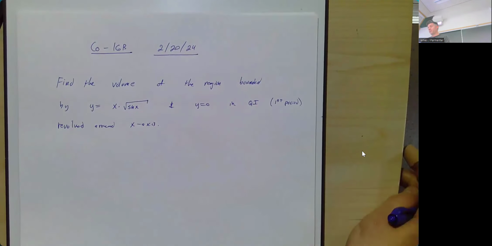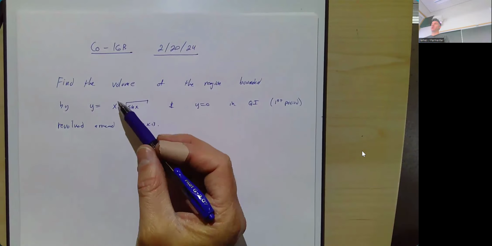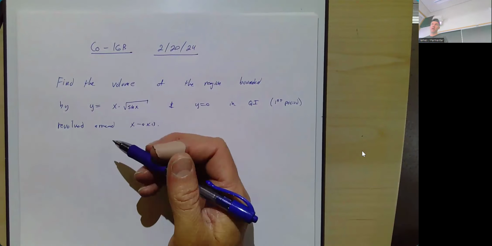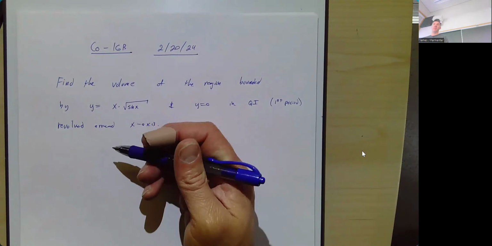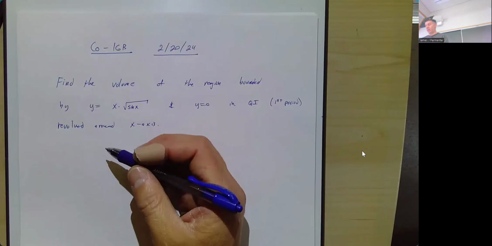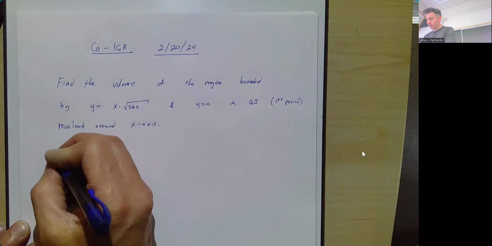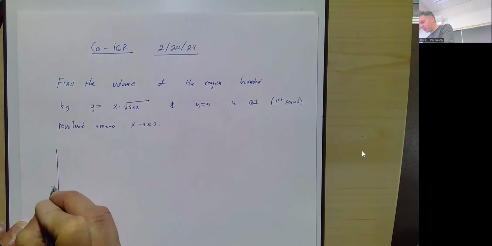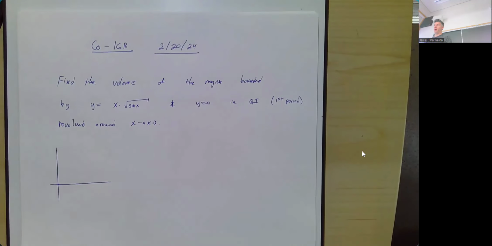And truthfully, I don't really know what this function looks like. I have an okay-ish idea. I'm still going to graph something. So I'm looking at quadrant 1, so I don't need to worry about the left side or the bottom, really. And square root of sine of x, I don't really know. But I know that sine is positive from x equals 0 to x equals pi, because that's your first